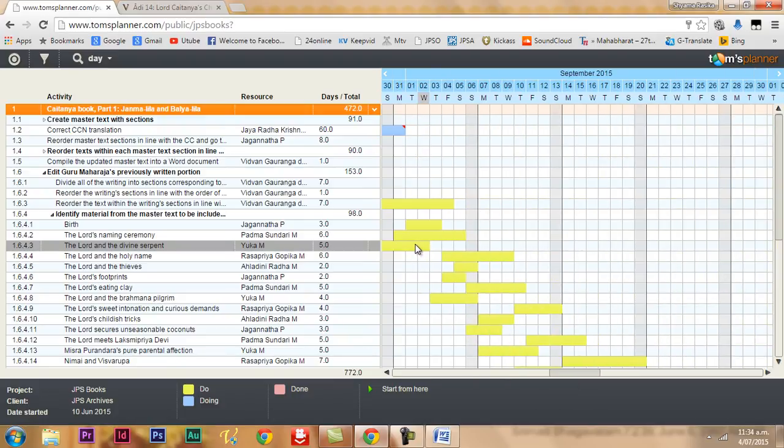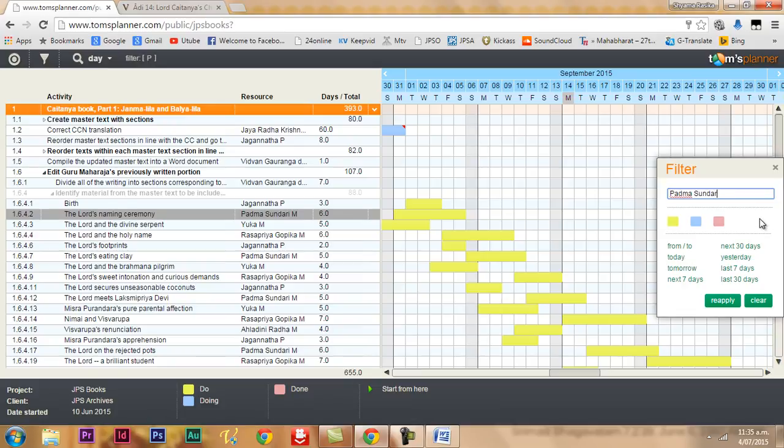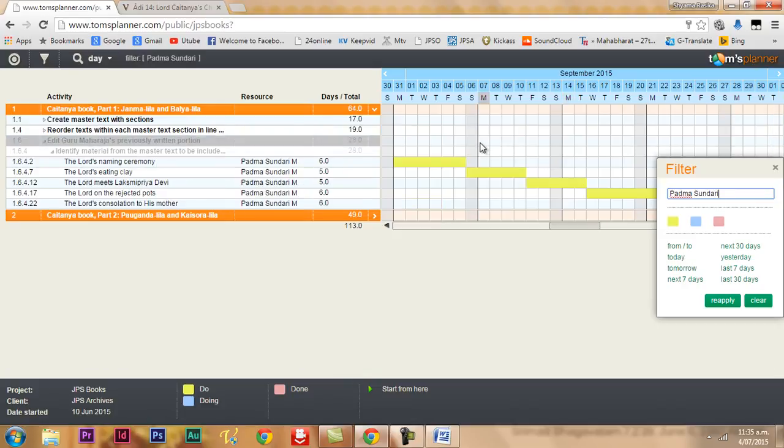Now you can find out who is meant to do what when by clicking this. This is a filter button. You click that and then you have this filter dialog that comes up, and then you can type, let us say you want to find out Padma Sundari Mataji, and then immediately it shows here.